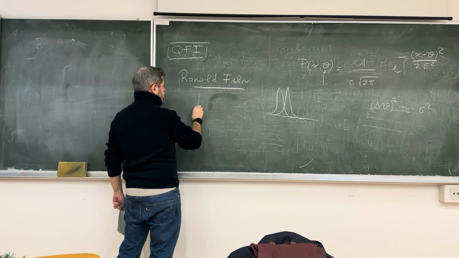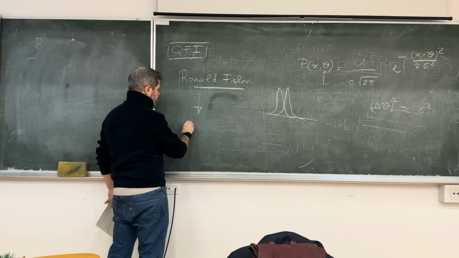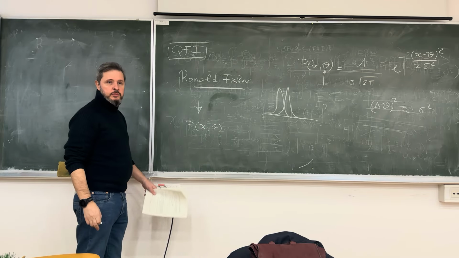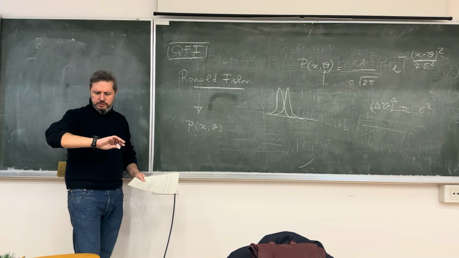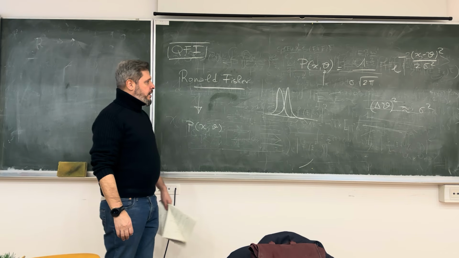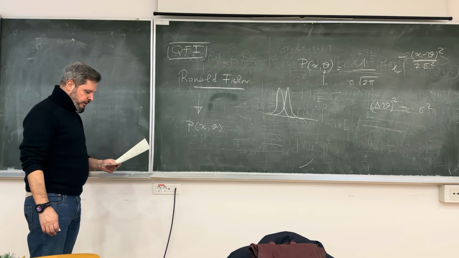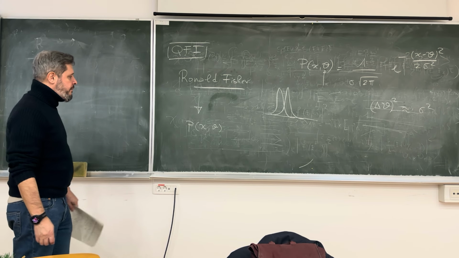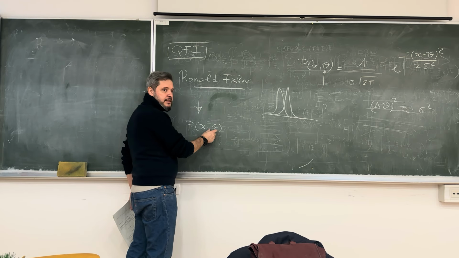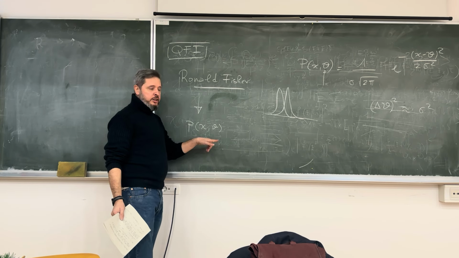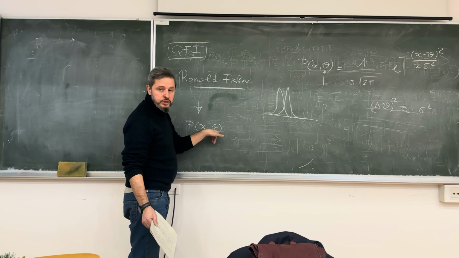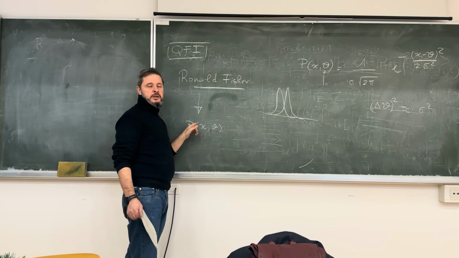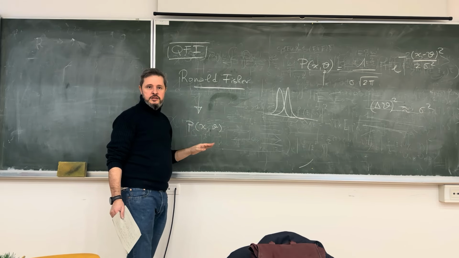So what he had in mind was, imagine that I have a certain probability distribution P of x and theta. X is the random variable, theta is some parameter. This probability distribution depends on a certain parameter. And now I want to figure out the best resolution with which I can pretend to determine the value of theta, given a certain number of measurements of data that are described by this distribution. Clear the question?